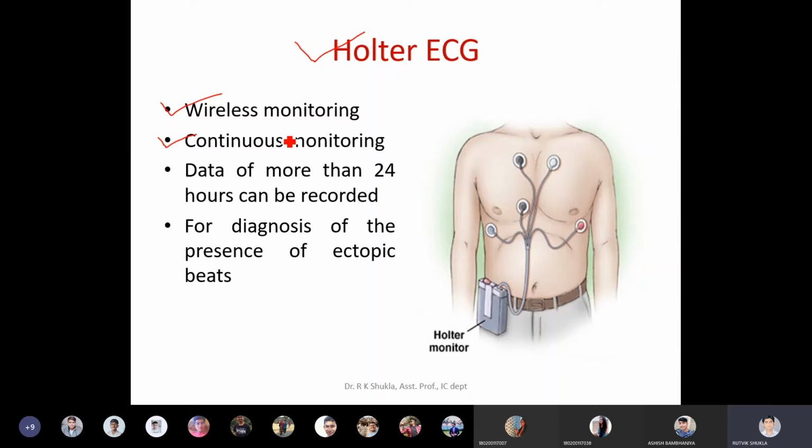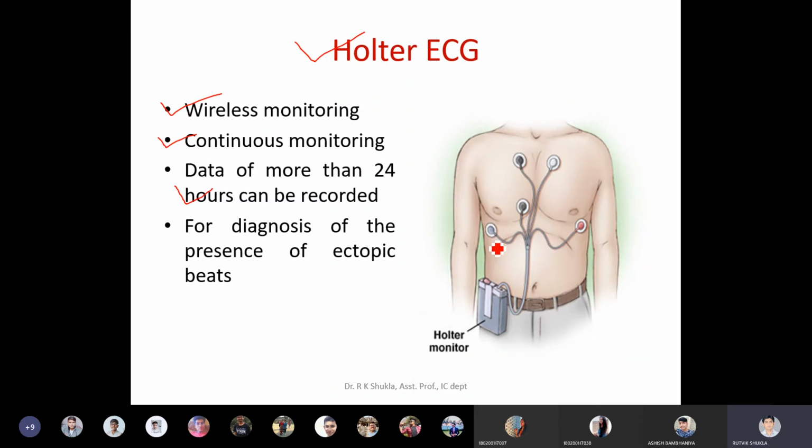But if there are certain patients who are experiencing some abnormality within, say, a 24-hour time frame at regular intervals, it may not happen that everything is fine when they go for the test, but on one particular day in a week, at one particular time, they get an irregular heart pattern. At that time the data has to be collected for more than 24 hours. Now there is even more possibility.